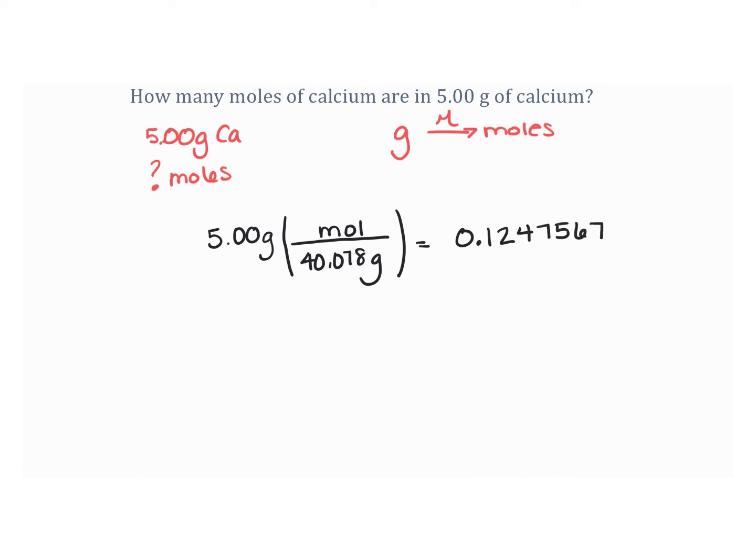0.124767. Now understand, you need to round that to where it's just 3 significant figures. So these would be 3 significant figures. We're going to look at that 7 there, and we see that we need to round that up. And that's going to give us 0.125, and I forgot the moles there, moles. So we do still need to remember our significant figure rules here.